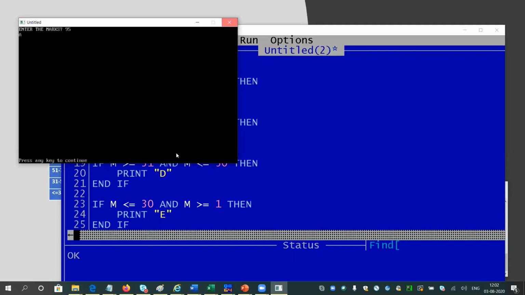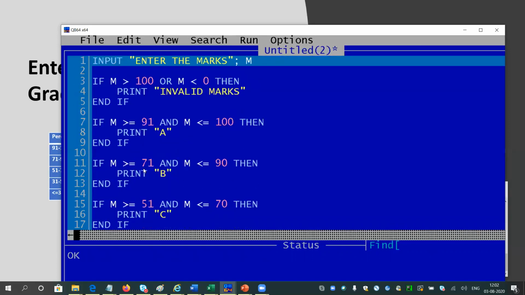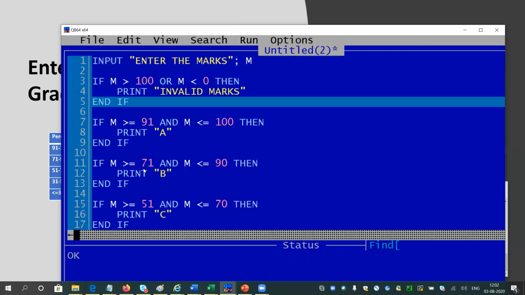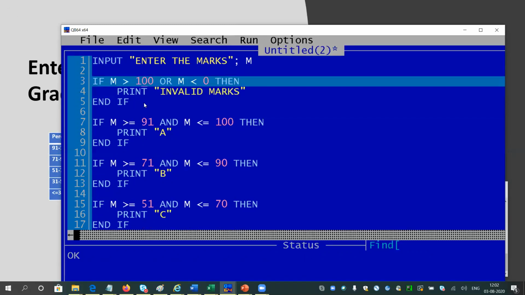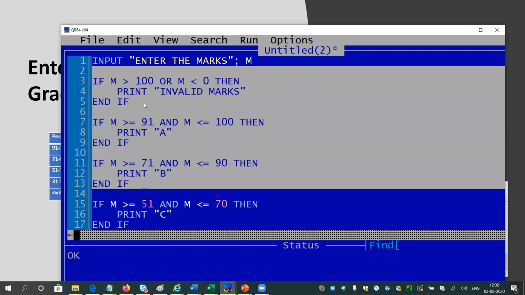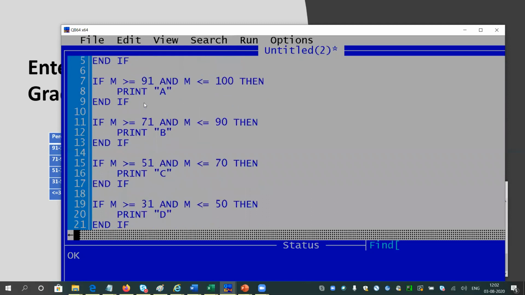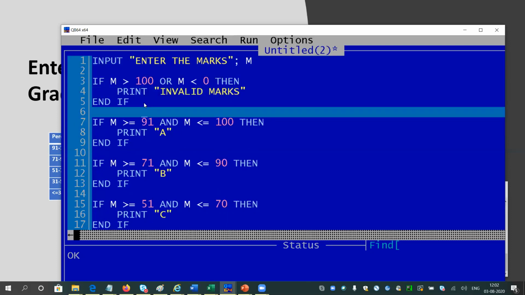Look, I will still prefer to use nested if and composite if both. This is not good because if I give 95 marks, it is still covering the first if block, second, third, fourth, fifth, sixth if block. So it is going through all the if blocks and keeps checking. It is not a good way for your program. So it becomes slow. If you check all the conditions, it will become slow.